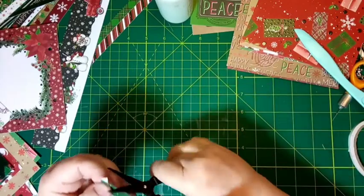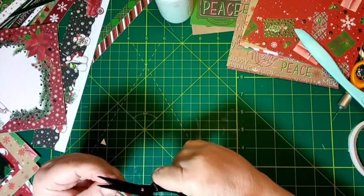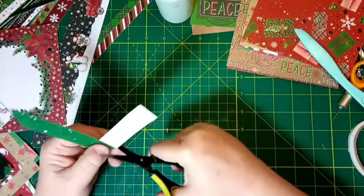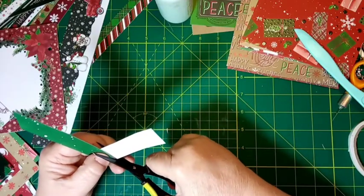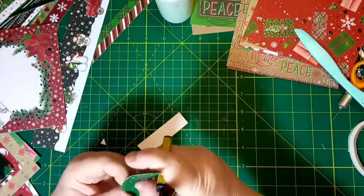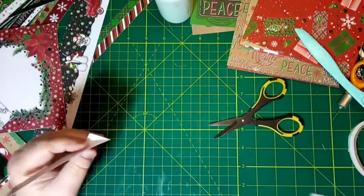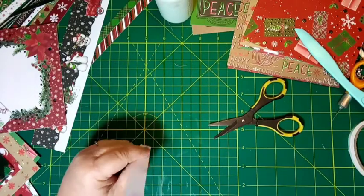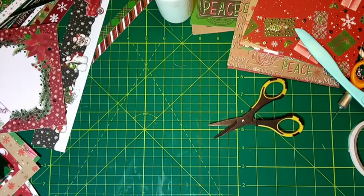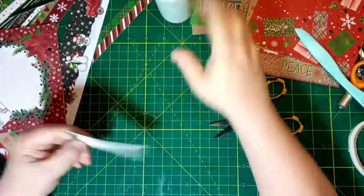Okay. I'll snip this off and go ahead and come in here and just go up like that and snip this end off. It's got all that glue on it. Okay. And then snip this off a little bit right there. And since that's got glue all over it, I'm going to throw that away. Okay, so now what I want to do is take and glue this down